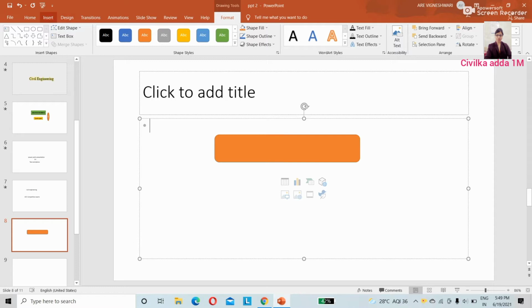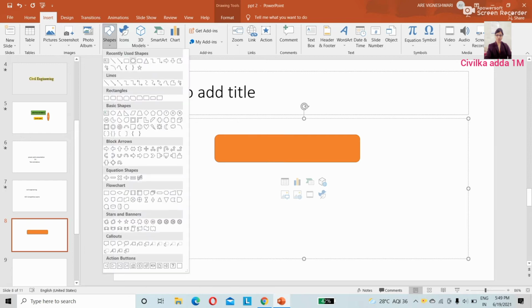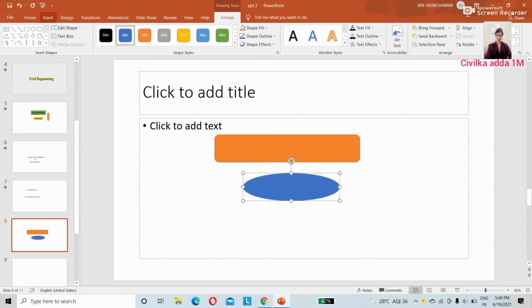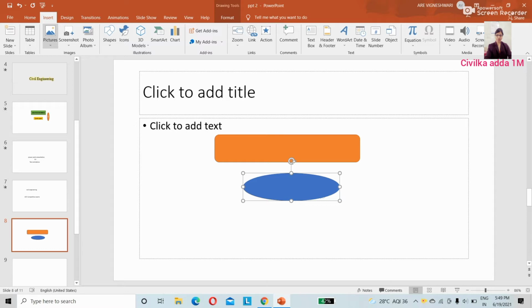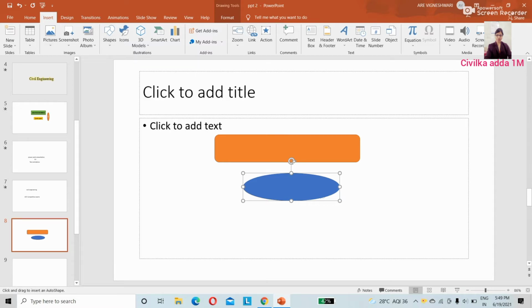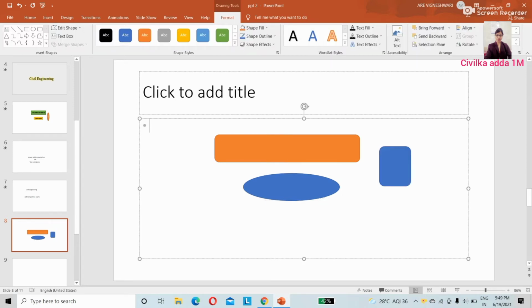Then going for the next one, insert, and I am selecting one more. Here I am writing civil engineering.